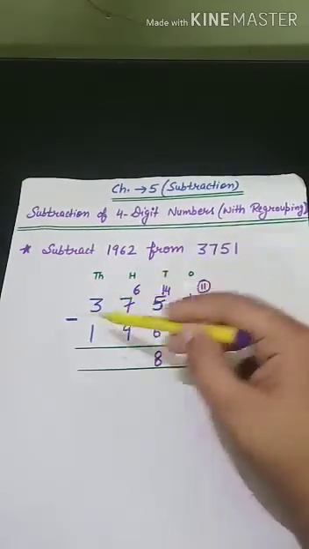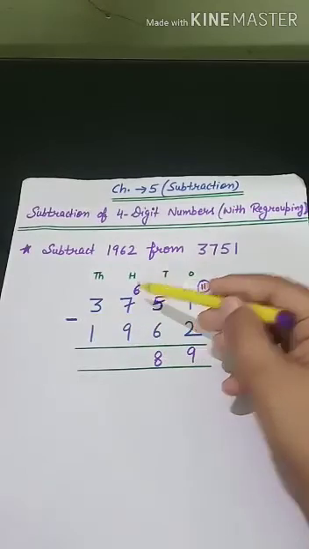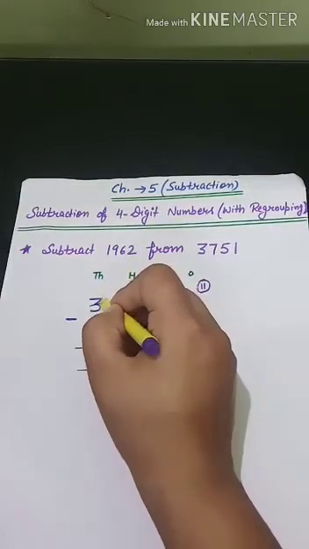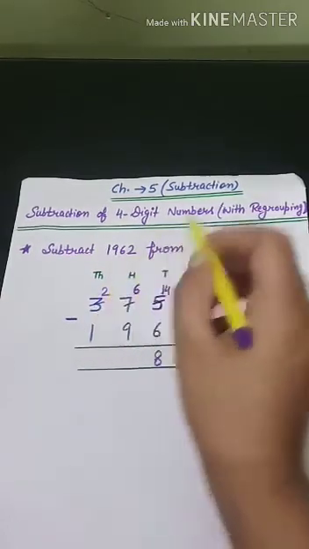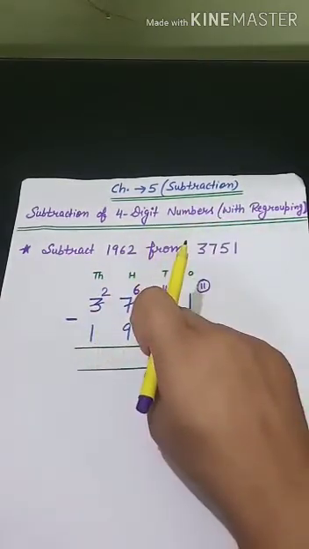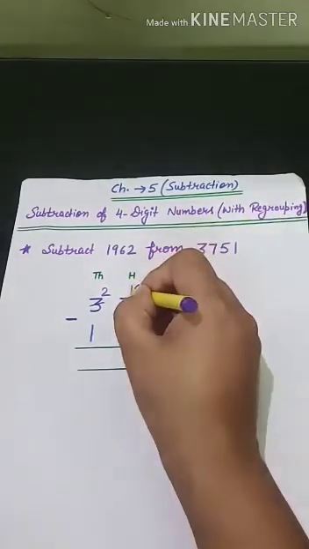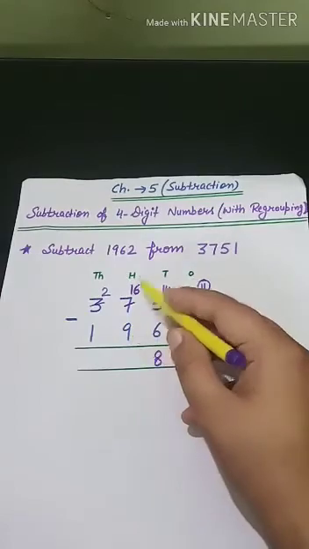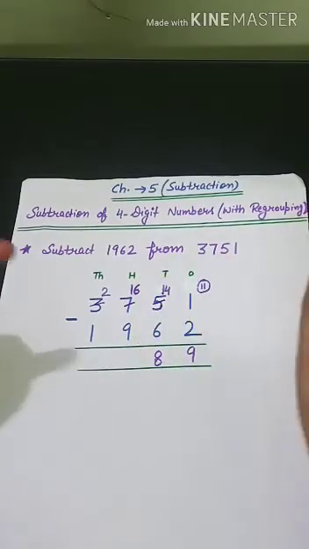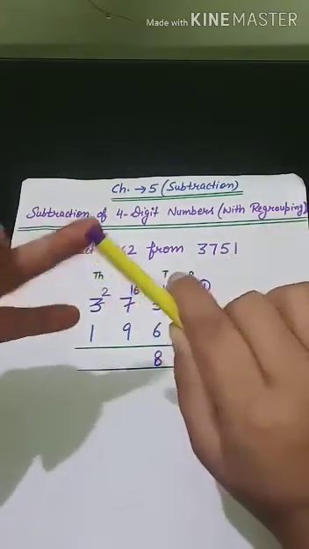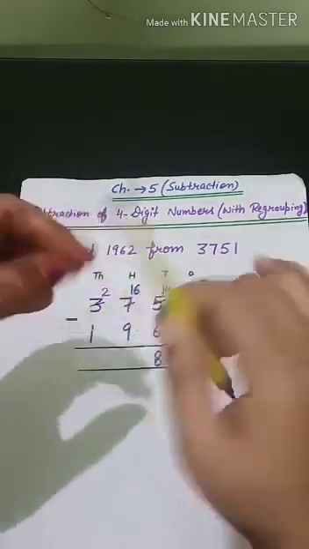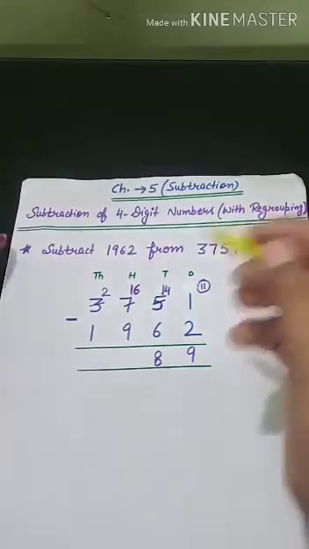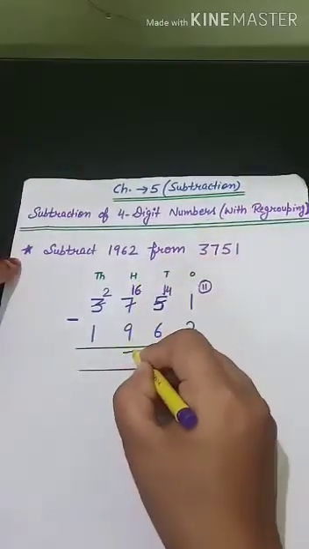Again 6 minus 9. 9 is greater than 6 so we cannot subtract. Again we have to take borrow 1 from here. तो यहाँ पर 3 की जगह क्या रह जाएगा 2 and 600s will become 1600s. Now subtract 9 from 16. Count on your fingers after 9 till we get 16. So after 9, 10, 11, 12, 13, 14, 15, 16. 5 these fingers and 2 these fingers. 5 and 2, 7. So 16 minus 9 is 7.